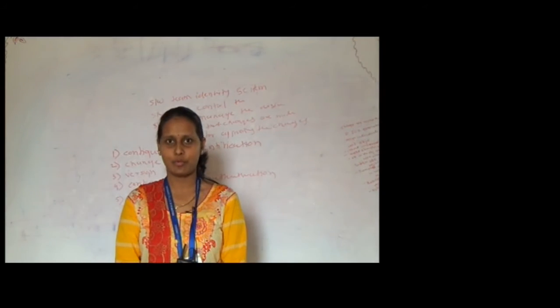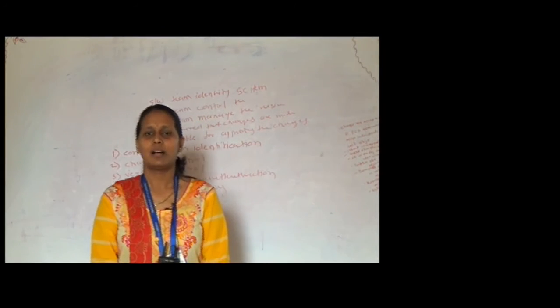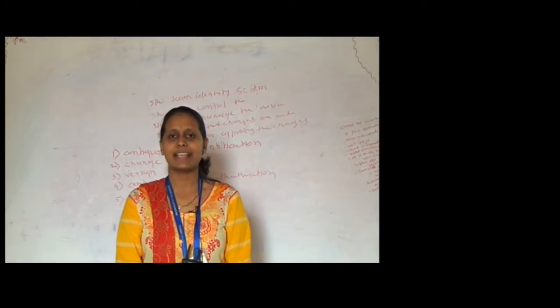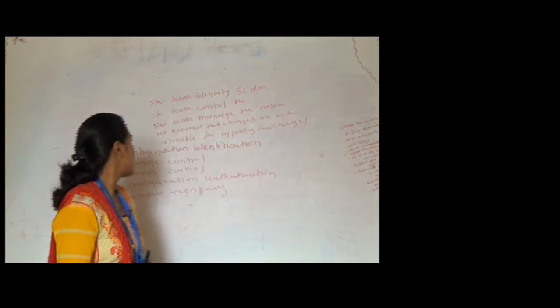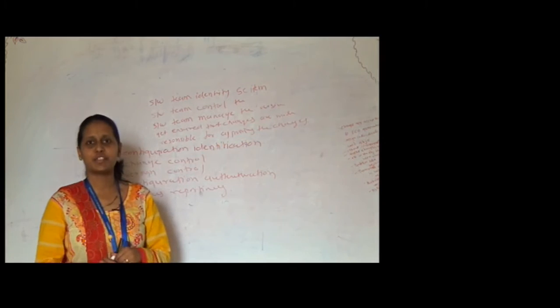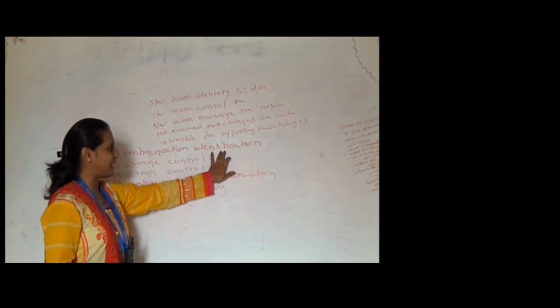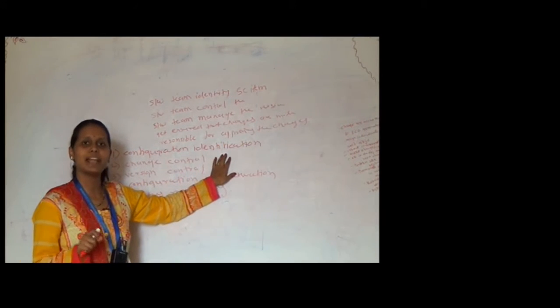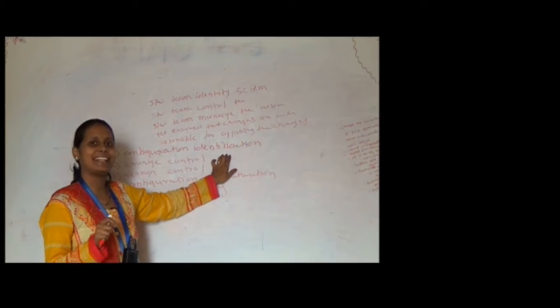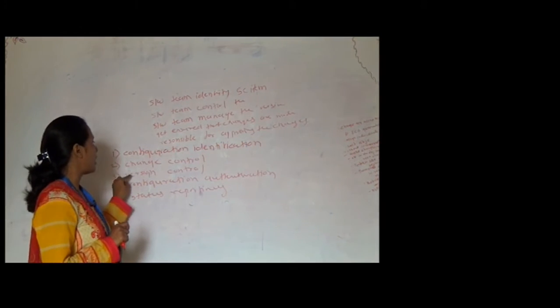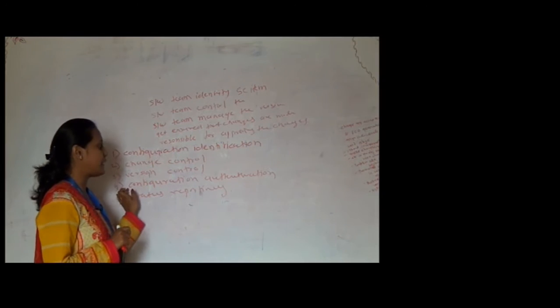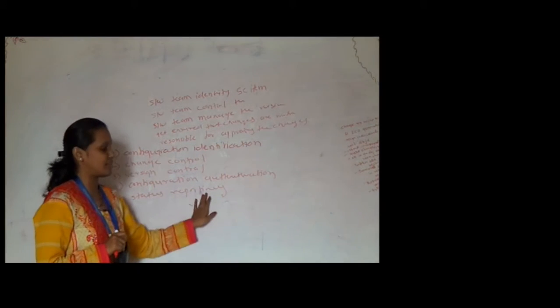Myself, Kirti Mamunkar. My today's topic is the SCM process. SCM stands for Software Configuration Management. Here, some software configuration management objectives are: first is configuration identification. Here, we have to identify the objects which are present in your system. Second is change control. Third is version control, configuration authentication, and status reporting.